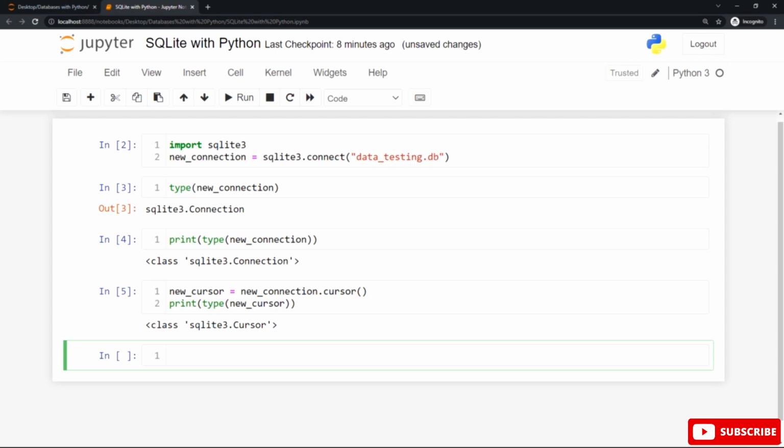The class type for the cursor function is SQLite 3.cursor, as you can see after the class keyword inside tags. This is the output. Or you can use the type built-in function without the print function to get the SQLite 3.cursor directly without the class keyword at the beginning.